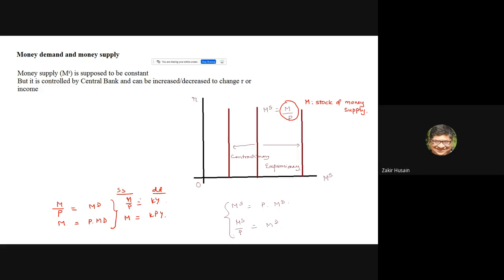Okay, sir. So generally we use this form. ঠিক আছে, সেই কারণে আমি লিখেছি Ms equal to M by P। ঠিক আছে, এই ফর্মুলেশনটা আমরা এখানে লিখছি। Yes, sir. If you want you can write this as